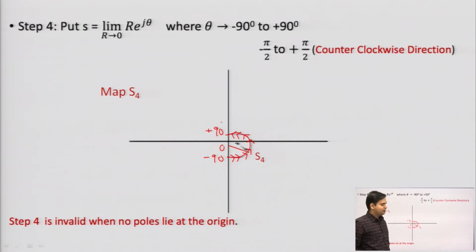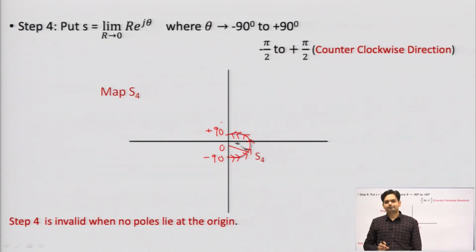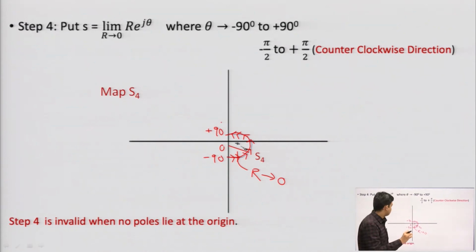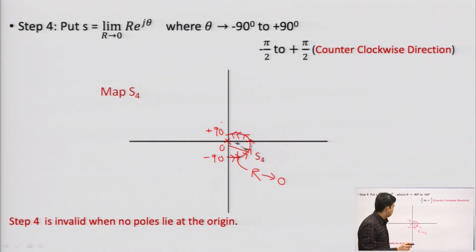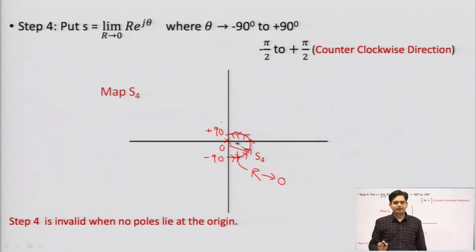Okay. So, why are we doing this? So that we can avoid my poles at the origin. And what is the radius? The radius of this curve tends to 0. So, it is a very small detour we have to take, so that we can exclude any pole lying at the origin. Whenever a single pole lies at the origin, then my system is not unstable, we know that. So, that is why we are not covering the origin which has the pole.